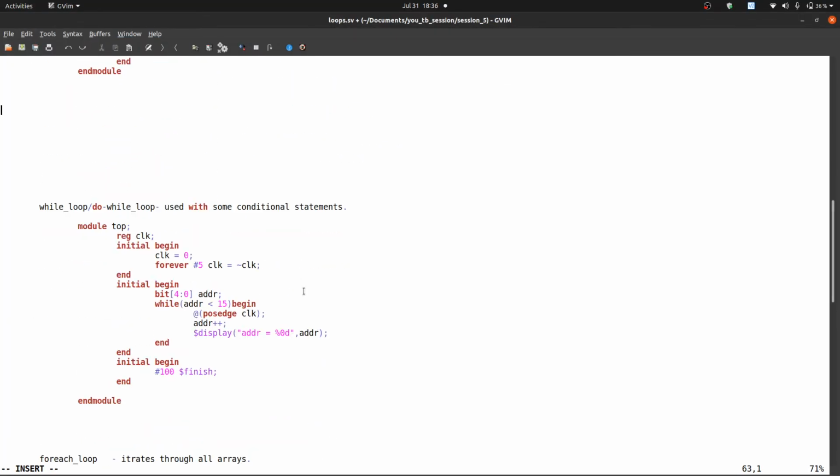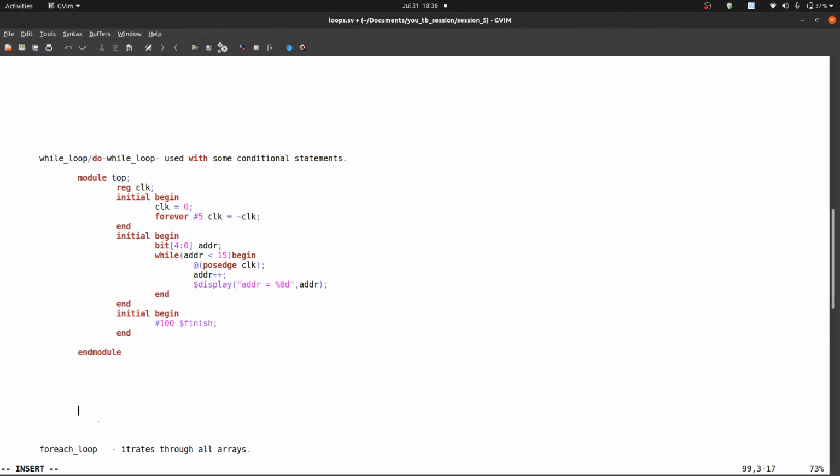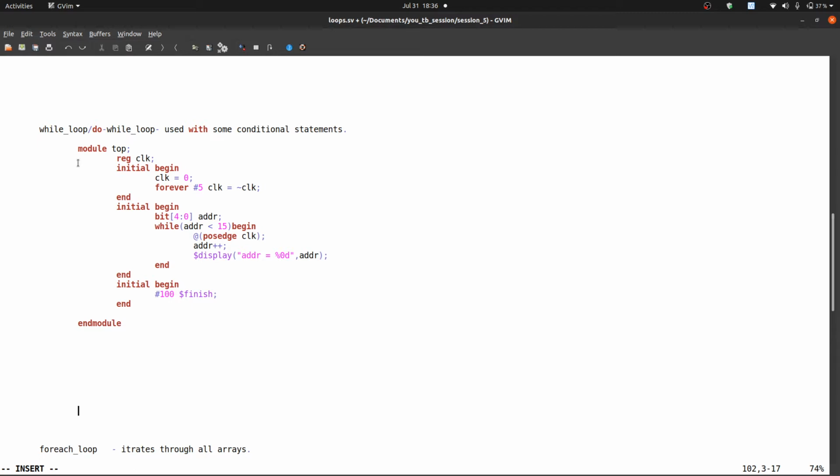The next loop is the while or do while loop, used when there is a conditional statement. Same thing: reg clock, initial begin, initialize the clock and again generate the clock.